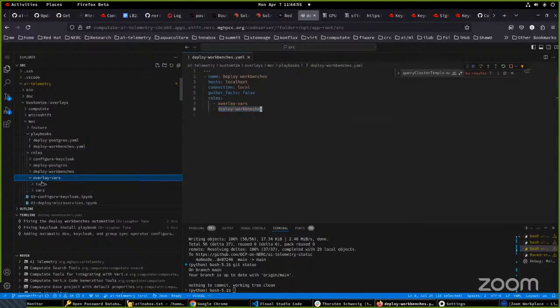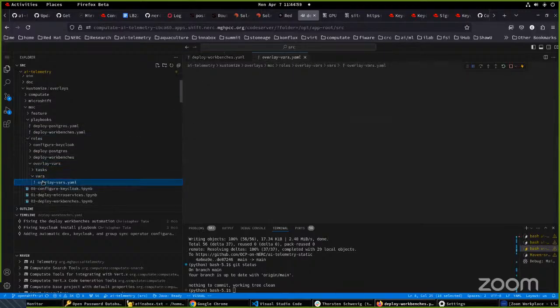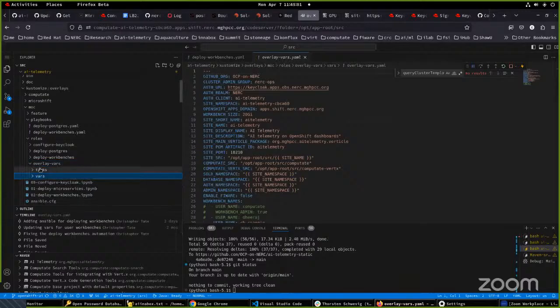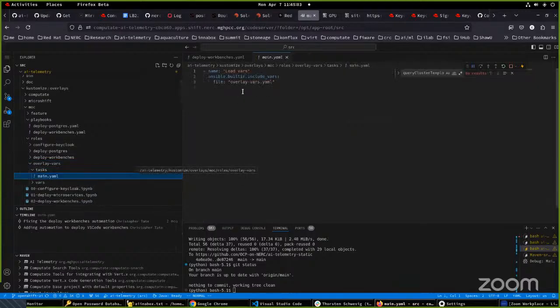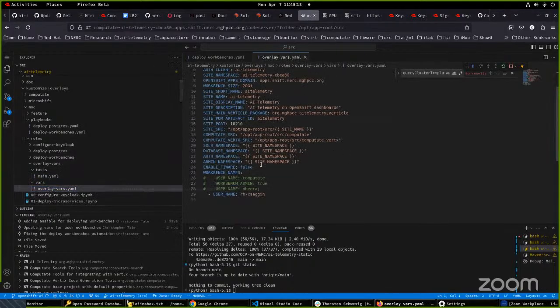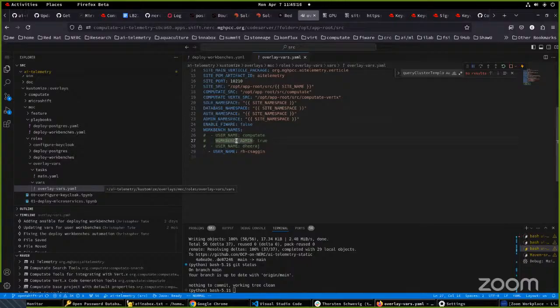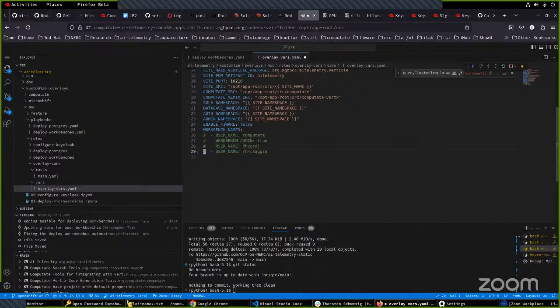In overlay vars, it's quite simple. In fact, do we even have tasks in here? Oh, yeah. So it's going to include some vars in this overlay vars.yaml file, which is found right here. Our previous users were Diraj and Cristiano, but that was a 6-month gig. Now we have users for,